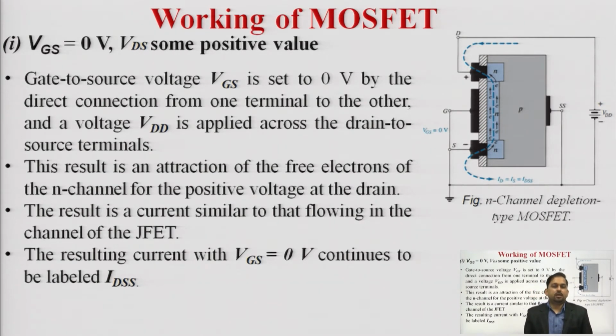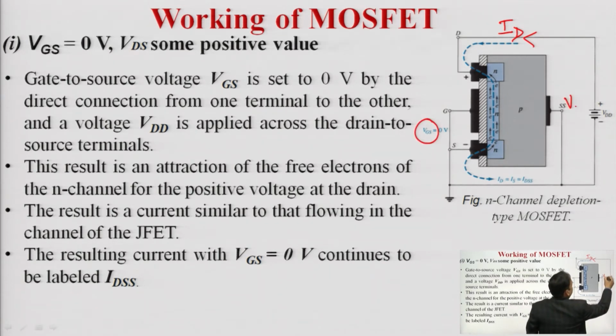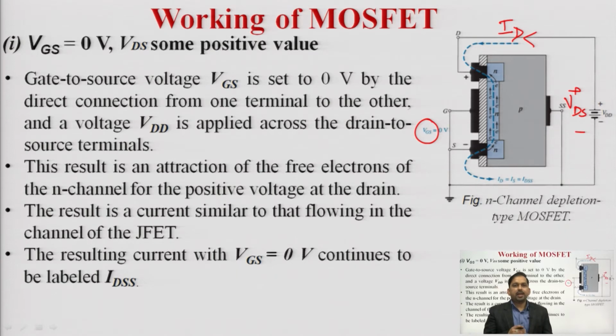The working can be explained in 2 different steps. First of all, we will be applying the VGS and the VDS, which are called the gate to source voltage and drain to source voltage, that will be controlling the flow of current. Flow of current means the ID, the current which is flowing from drain to source terminal. So, this flow of current ID will be controlled by VGS and VDS. First of all we will be taking VGS equal to 0 and will keep on increasing VDS.